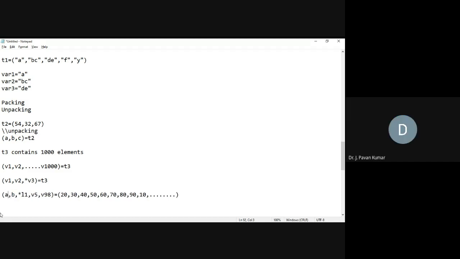To avoid the confusion, A comma B we are having. Let us say this is U V. Now you say. Sir, A will be 20, B will be 30. After that, all will be in the list, sir. Okay, what about U V? U and V will be the last element and the second last element. Last elements will be U and V respectively.